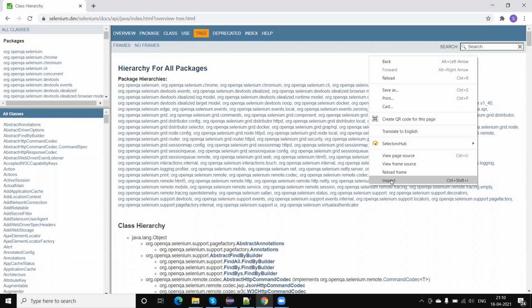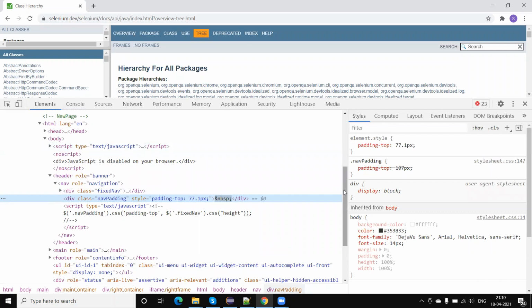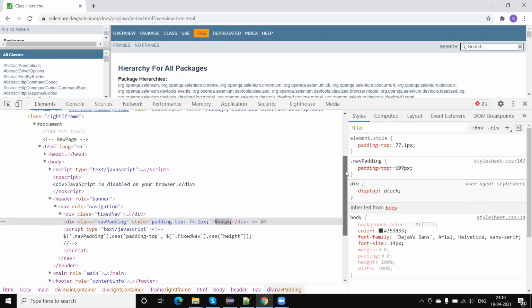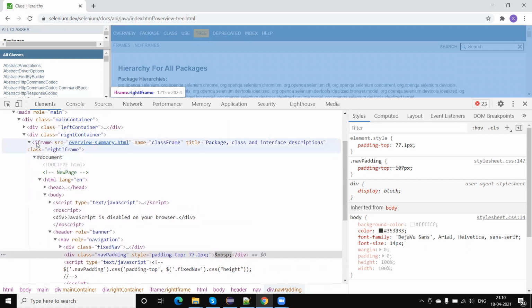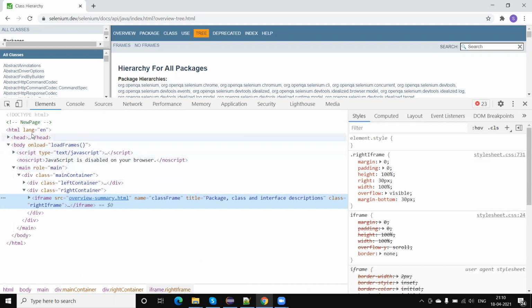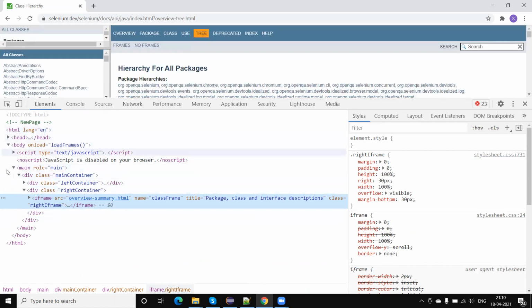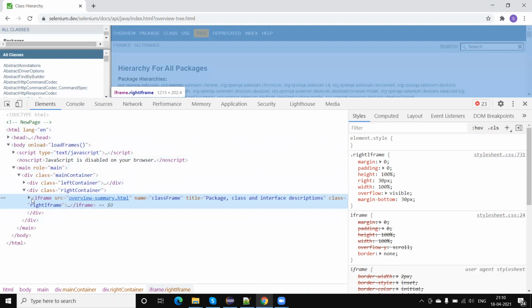So if I inspect this and go here, you will see on the top there is an iframe tag available. This iframe is coming under the DOM, under the main HTML code, the main document. So when we run our Selenium test and try to use driver.findElement, that will search for the element only within the HTML tag. It will not check the elements which are within the iframe. So by default, it will not check.